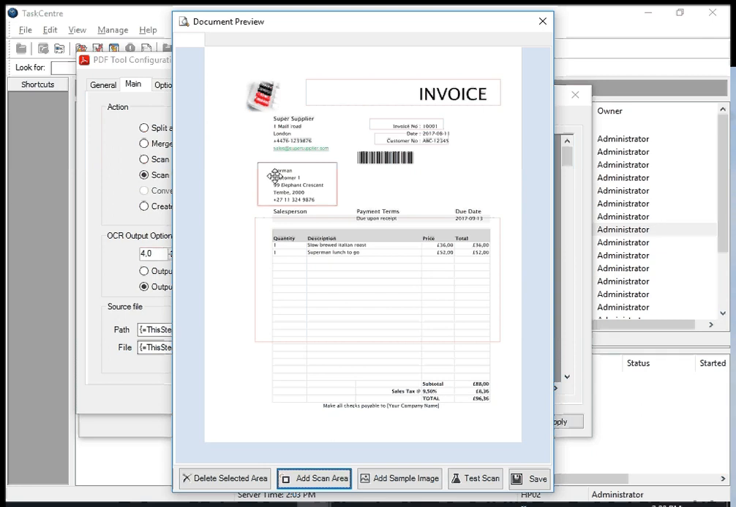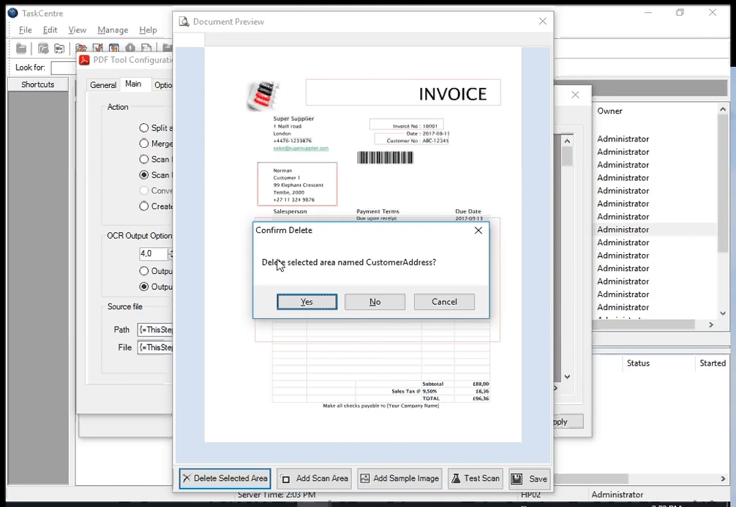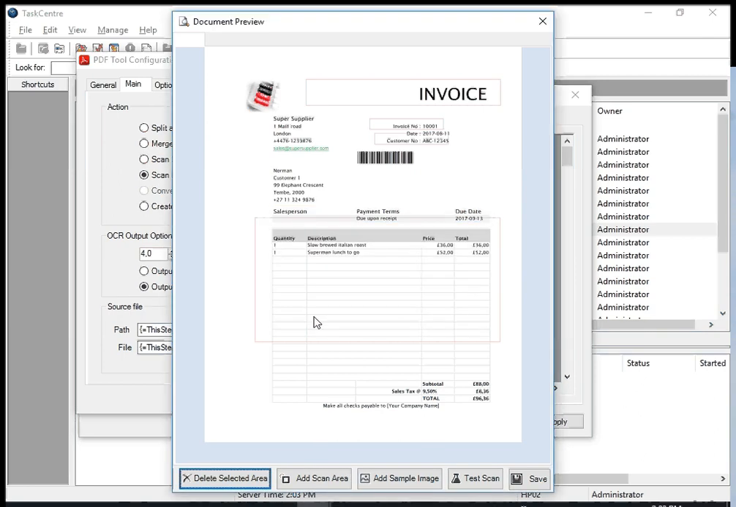In this case we don't want to do that because we don't have a field in our database to collect that information. So we're not going to, we'll delete that. Alright, delete that area. Are you sure you want to delete customer address? We're saying yes. Okay, now